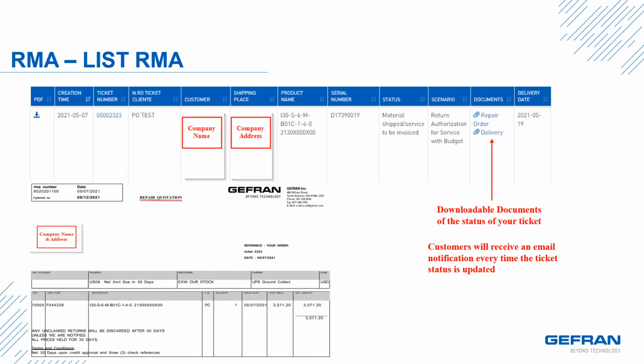Here you will see an overview of what your tickets will look like. You will be able to see the date created, your RMA ticket number, your PO number, company name, ship to address, which can be edited, product in question, serial number if available, status of your RMA, the scenario type, any documents associated with your RMA, such as your RMA quote, repair order with details of your repair, delivery documents, which